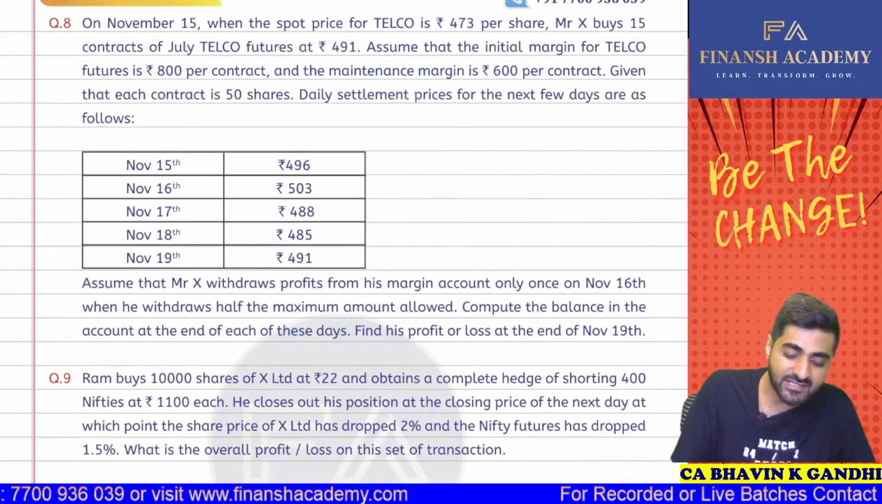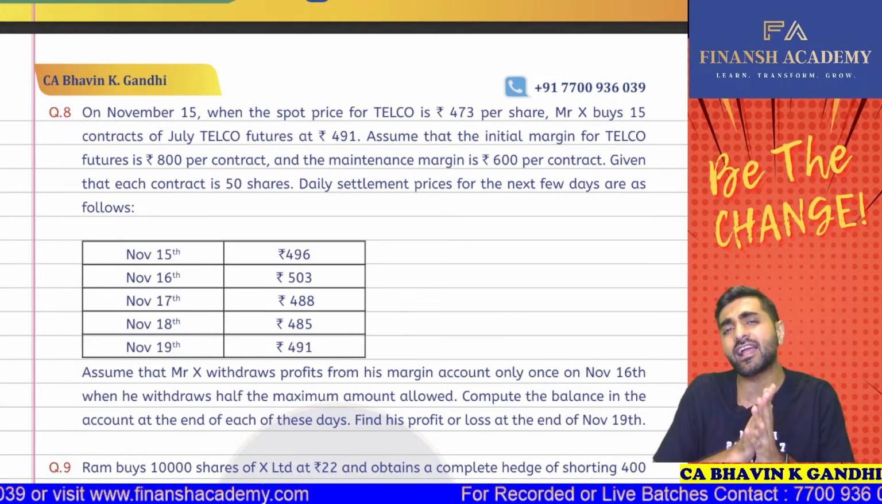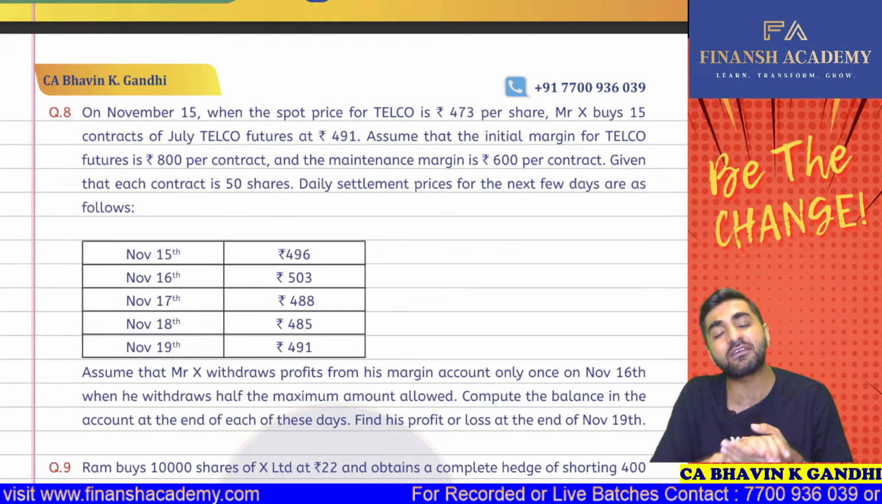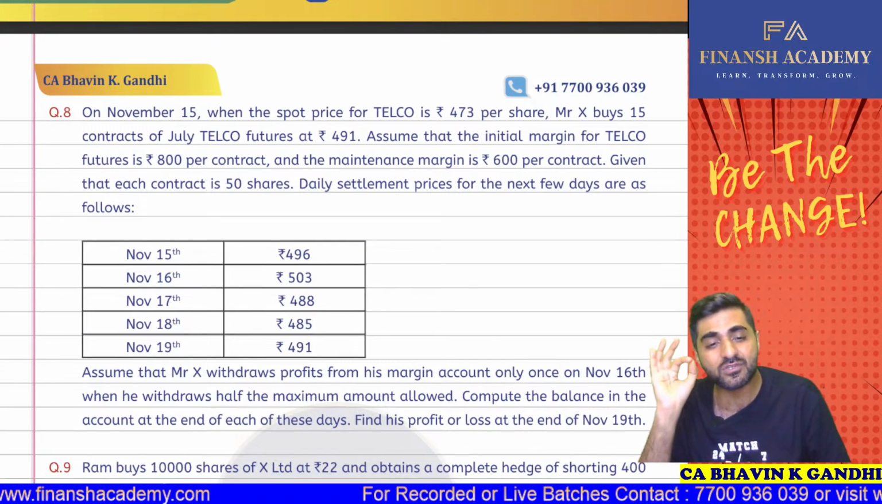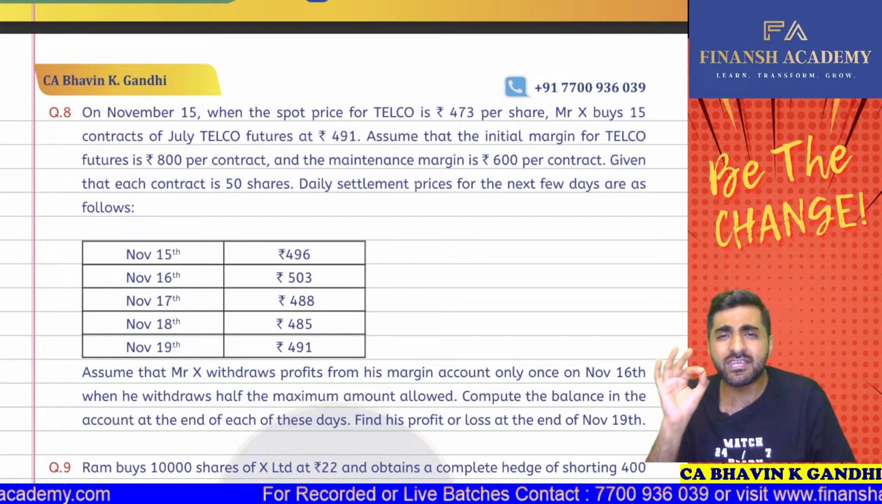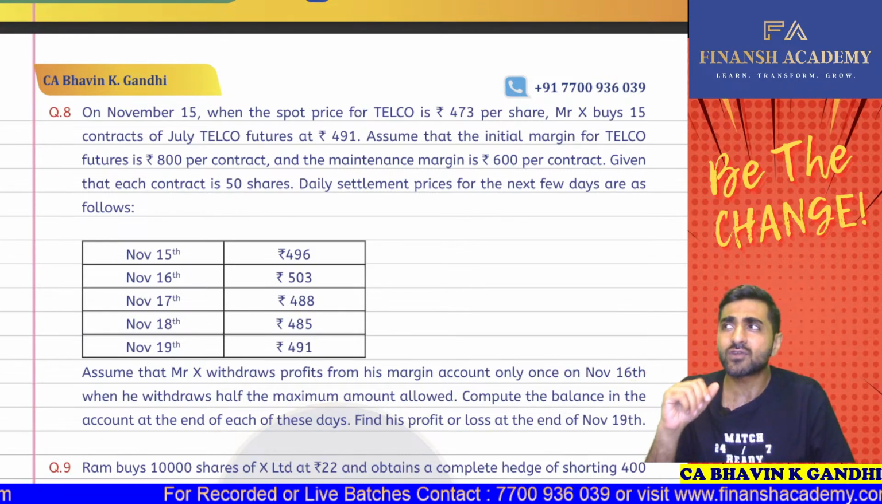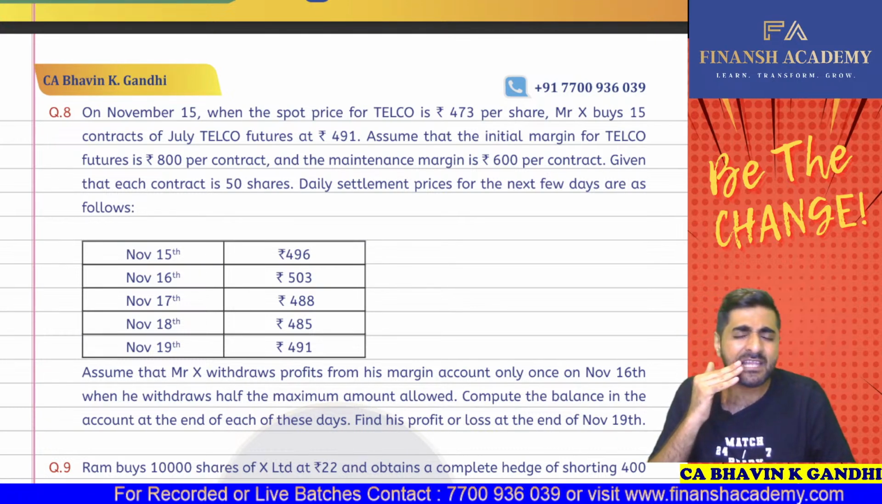Now, my dear students, let us start with your question number 8. Now, this deals with your margins. So, what are actually margins? My dear students, whenever we want to enter into any kind of future contracts, you always have to understand that we have to keep some margins with the broker. Okay. So, ideally, what do I mean by this is,